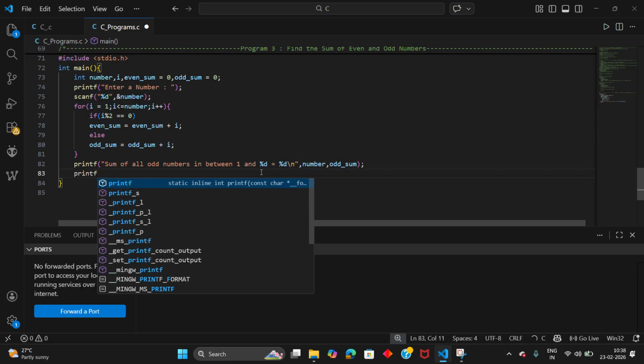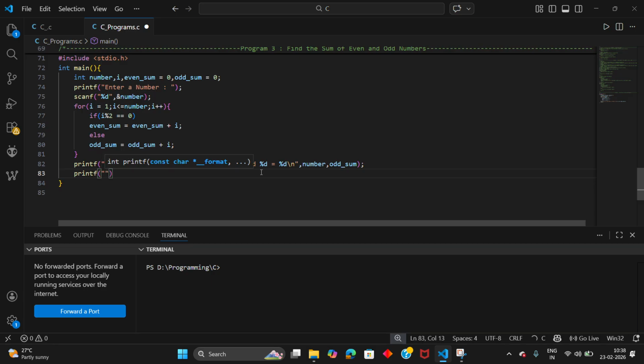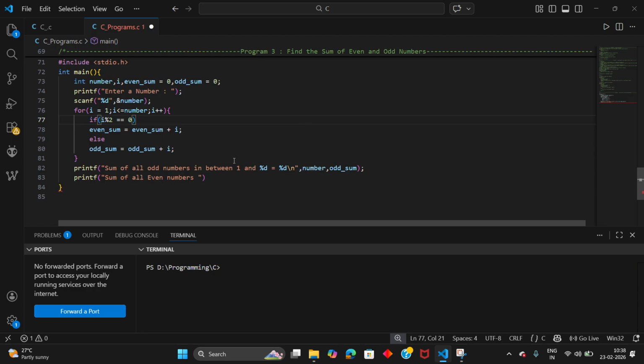So for the other statement, what you need to do is sum of all even numbers. Don't use in between, because in between means 1 and the number will be excluded. So we need to use from 1 to number.